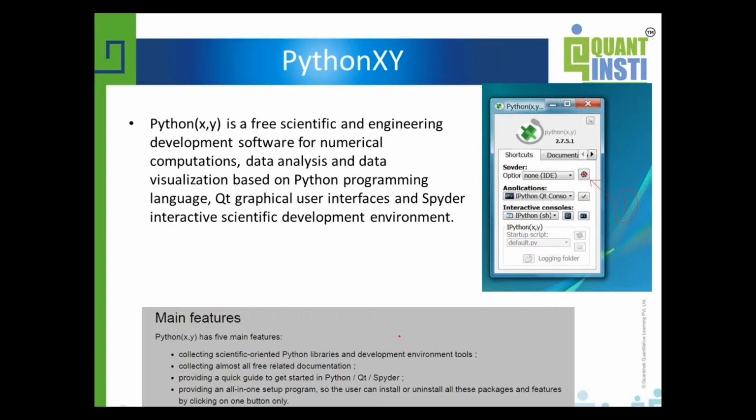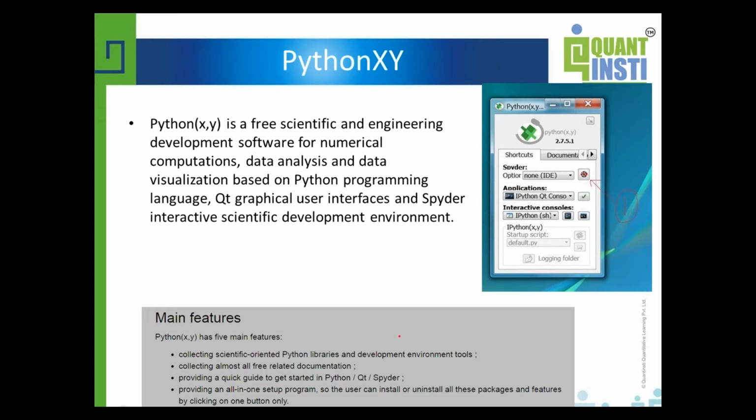The most convenient part for me from PythonXY is the Spyder IDE, which stands for Interactive Development Environment. It's a very easy tool to use to develop your trading algorithms.